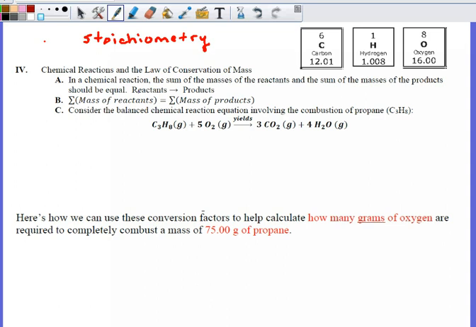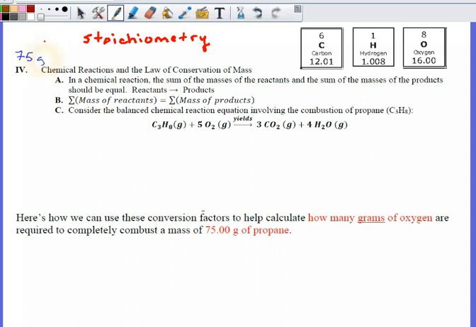So in this chemical reaction that we have here, we're going to discuss the law of conservation of mass, or the sum of the masses of the reactants, which are on the left of the arrow in this equation here. Reactants on the left, products on the right. We're going to talk about how if you add up the masses of reactants, you're going to get an equal mass of product. So for example, we're going to show how if you react